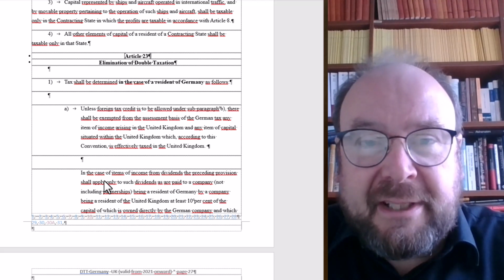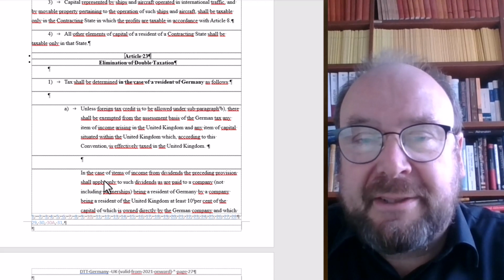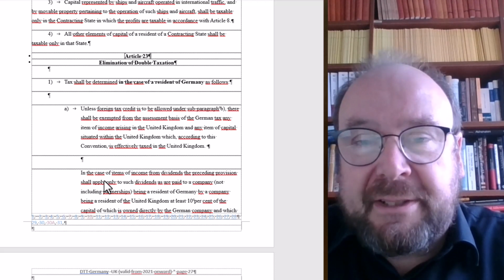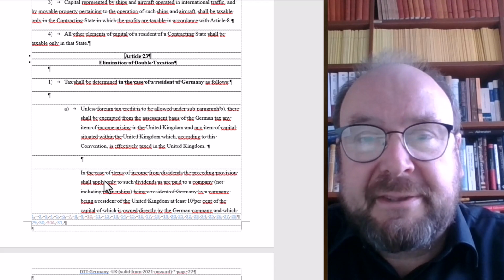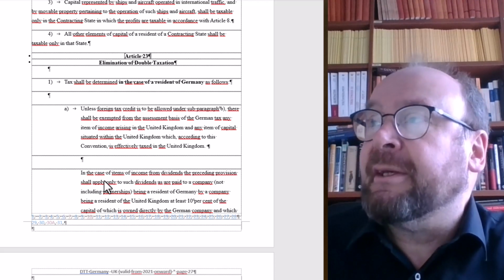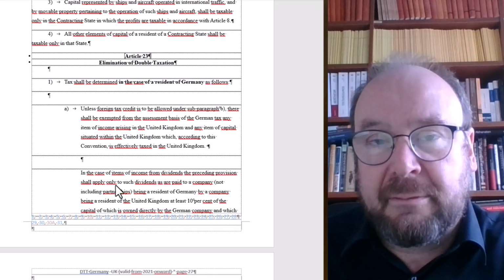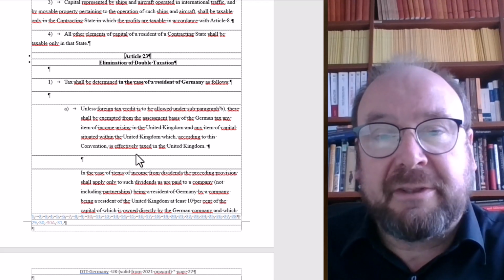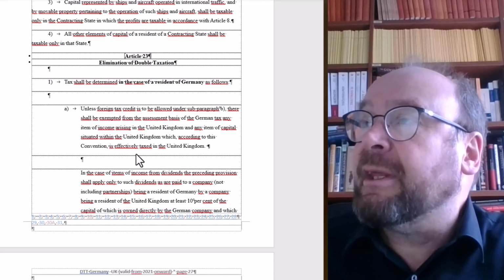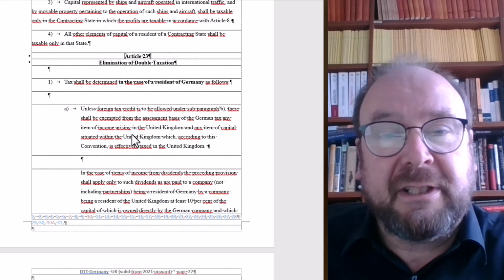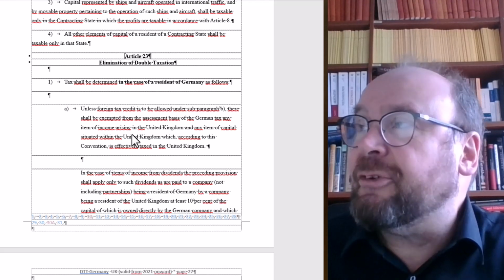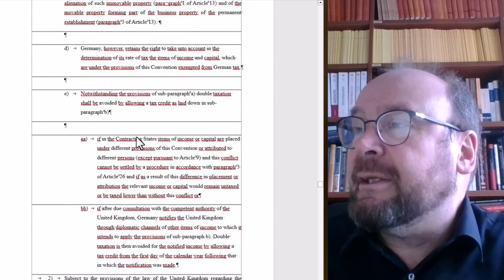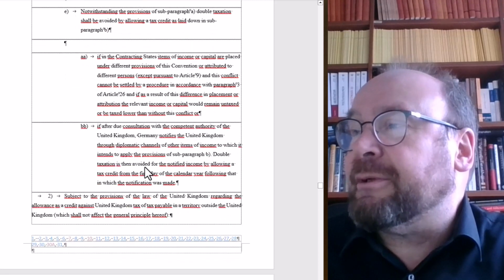but they don't promise the same. So Germany will usually promise to grant exemption wherever it seems appropriate, whereas Great Britain, as a credit method state, usually only promises to apply the credit method wherever necessary. So you have here, as in most genuine double taxation treaties, the approach that Article 23 has two sub-paragraphs. First paragraph, applicable if the person in question resides in Germany. That's not our case because we have the Rivers Bank, a British bank. And then we have a second paragraph, which is here